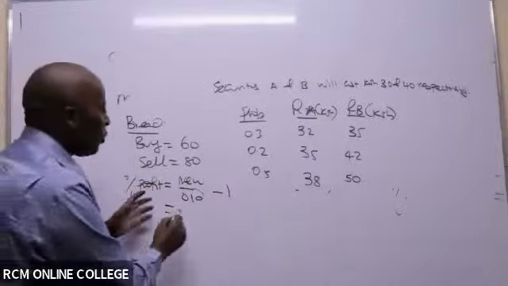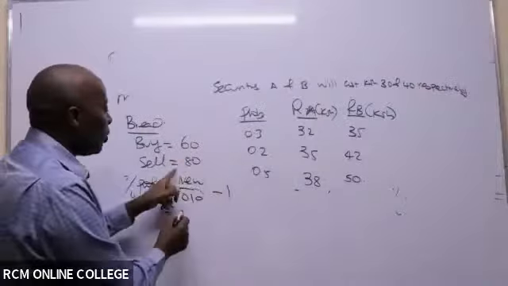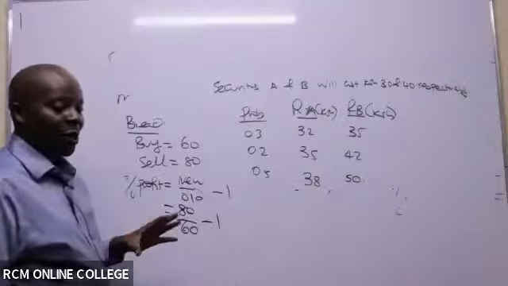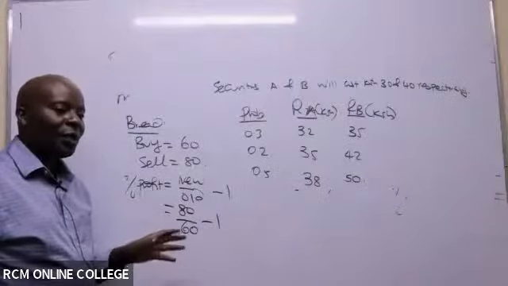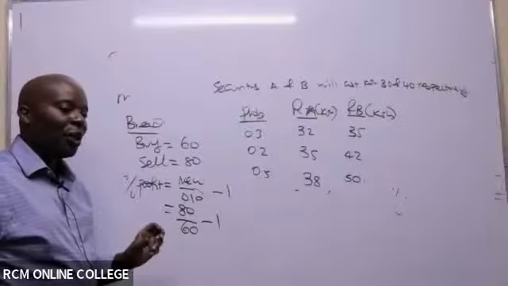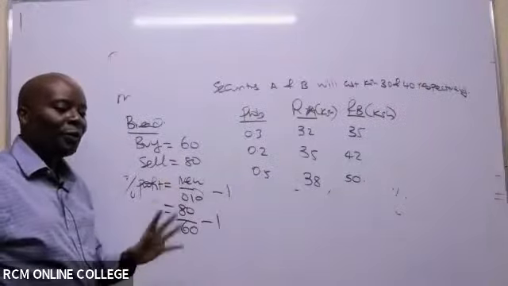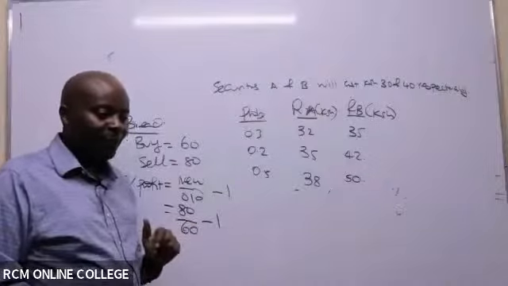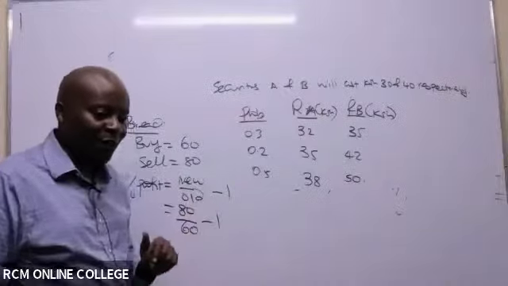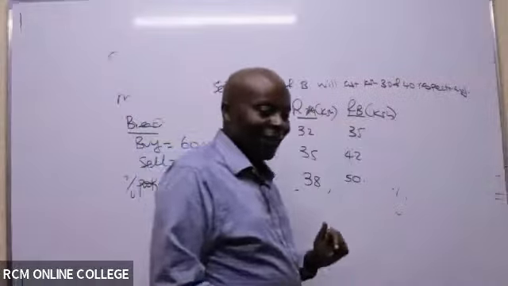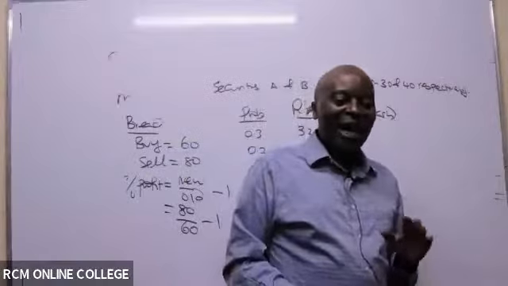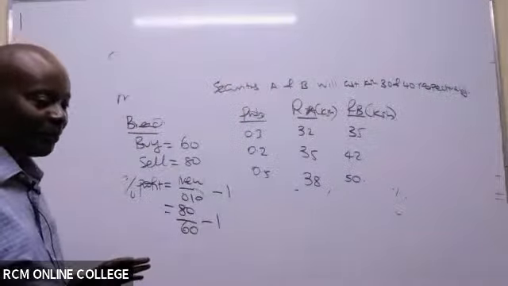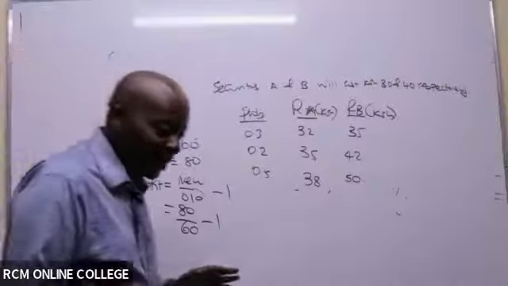So the new, of course, will be the selling price you are selling later. So the new here is 80 divided by the old, which is 60. Whatever we get, we subtract 1. And then whatever we shall get, ladies and gentlemen, to change to percentage, we do the abracadabra of multiplying it with 100. This is how a serious ninja should do this. So are we getting the same answers?